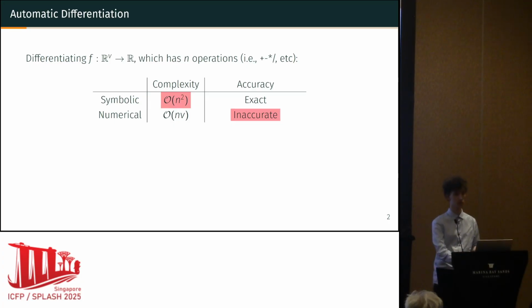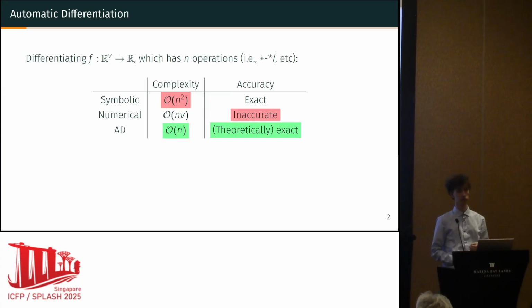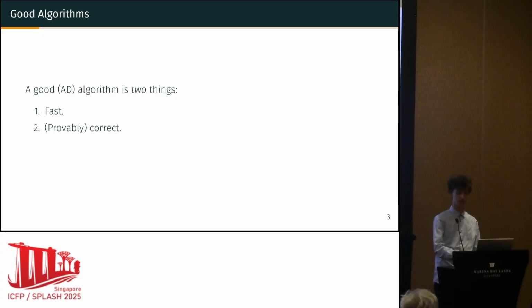avoiding the pitfalls of symbolic differentiation and numerical differentiation, and have this be both fast and as accurate as we want it to be. But first, I'd like to say something completely obvious, which is that a good algorithm is an algorithm that is fast and hopefully also correct. This is no less true for AD,